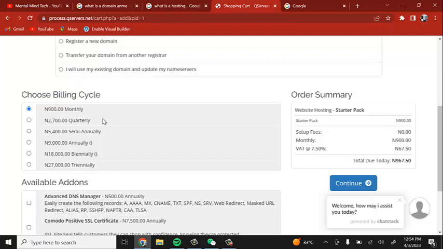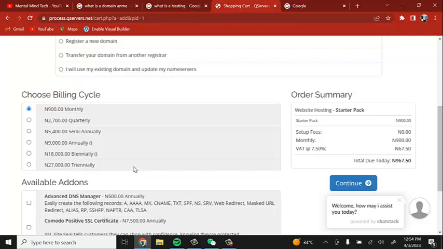So once you get a notification, because they normally send you a reminder telling you that in a week's time or something like that, your hosting is going to expire. When they send you that notification, all you need to do is go over to your account, make your payment for it, and get that done with. When you do not make your payment on time, it affects the ranking of your website.